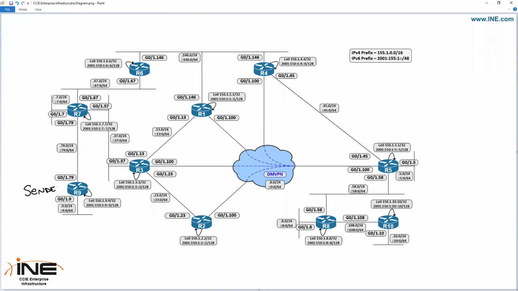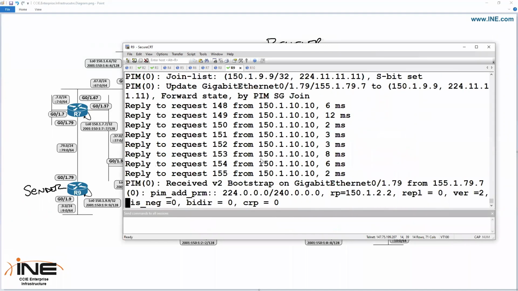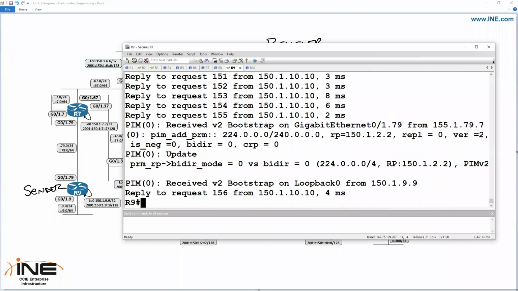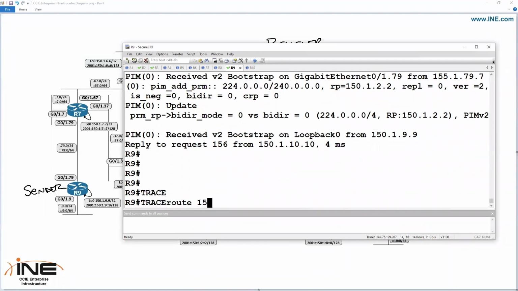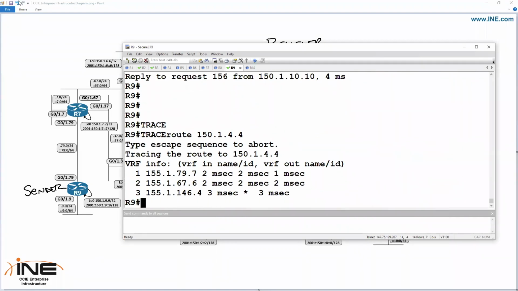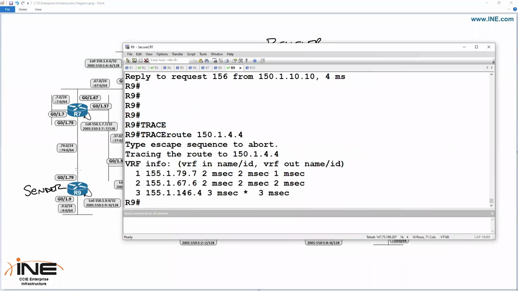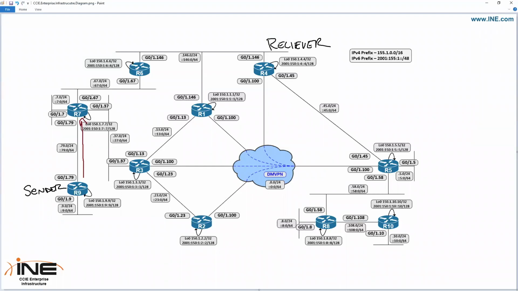Where router 9 is the sender and router 4 is going to be the receiver. Okay, so from router 9, let's do a trace route to 150.1.4.4. And to get to router 4, we're going from 9 to 7 to 6 to 4. Okay, so this is the shortest path tree,